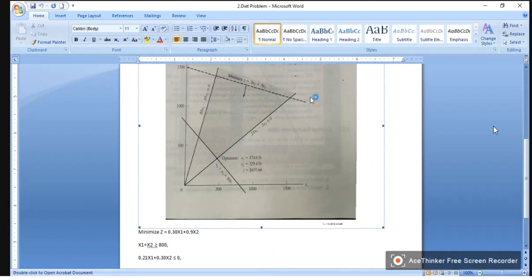Okay, you forget about drawing this line. Even we have not drawn that line for the crop allocation problem and the ready mix problem. Yes, sir. So you need not worry about drawing this line. Okay. So only we got two corner points. We have to find out the z value at these two points, and select the point where we have the minimum z value, right?